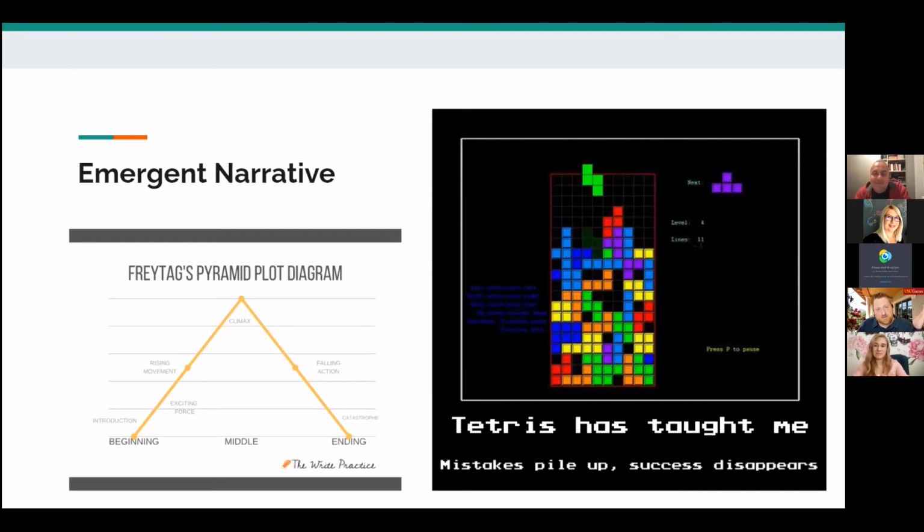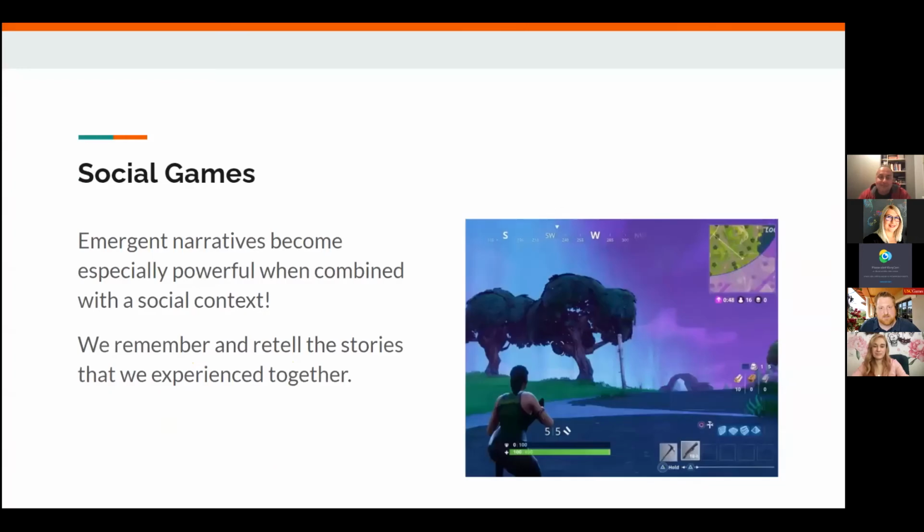And that story, that dramatic arc of the rising tension as your mistakes pile up, as the game moves faster and faster, and this climax where you're trying to keep going and you lose control and everything falls apart, that maps to what a traditional plot structure or dramatic structure should look like, even though the thing that drives that is just the underlying rules that make the blocks fall and determine what causes what to happen, and the fact that they speed up over time, and the tension between the amount of space that you have and your ability to move the blocks, those kinds of things.